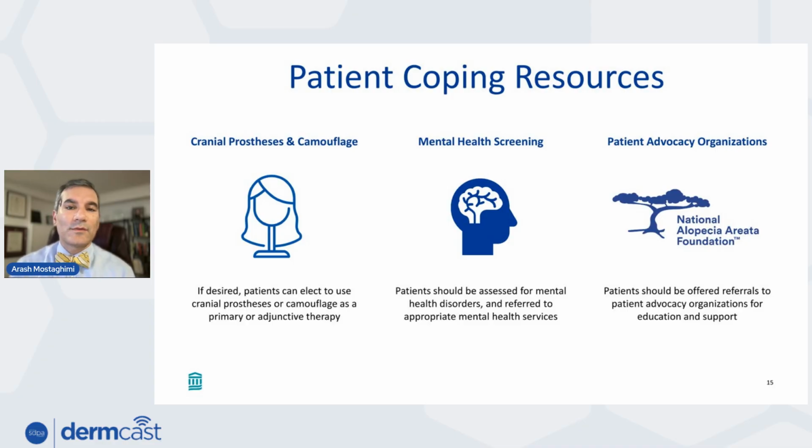So they can connect formally through a healthcare professional. They can talk casually to other people. You just really want to acknowledge this and make sure they're aware of that and that they get the help that they need. Finally, referral to patient advocacy organizations such as the National Alopecia Areata Foundation can really be a